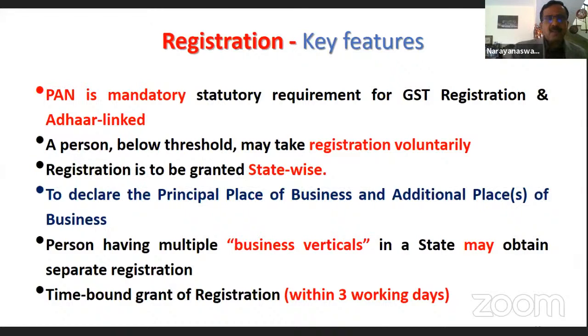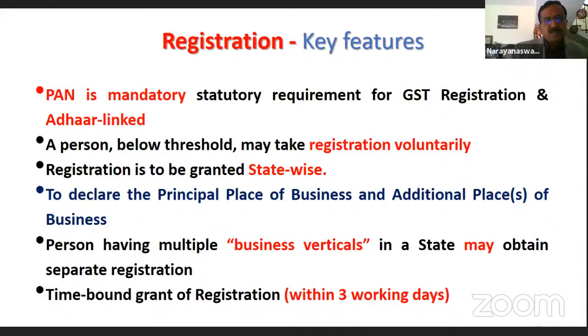For example, if you take BML, there are factories in Kolar, there are factories in Mysore, as well as Bangalore. Earlier, they used to register in all these places under central excise, service tax, VAT, and things like that. Today, they need to take only one registration pertaining to their head office, whatever the corporate office. But if they have BML in other state, they need to take a separate registration. It is state-wise and union territory-wise. And in the registration, it's very necessary for them to declare which is the principal place of business and which are all the additional places of business.